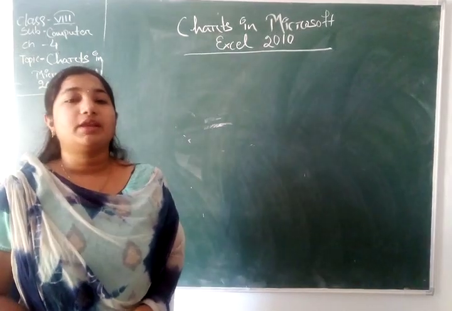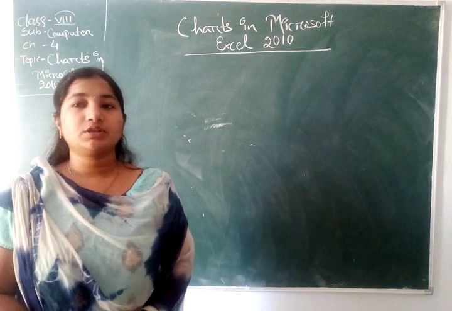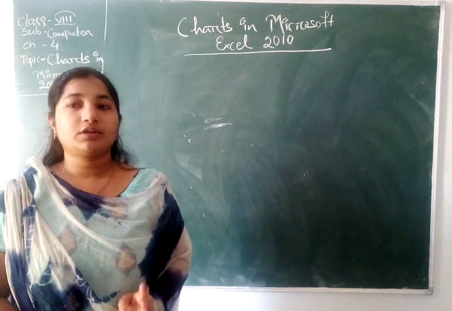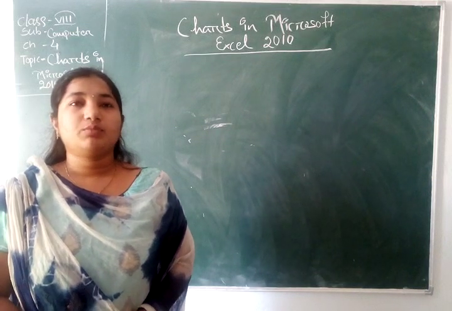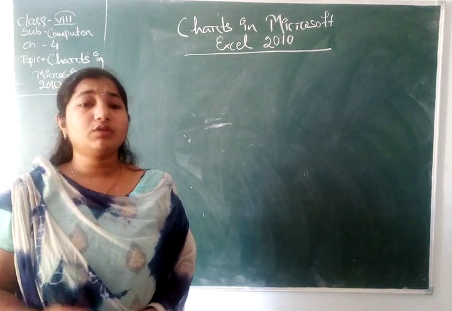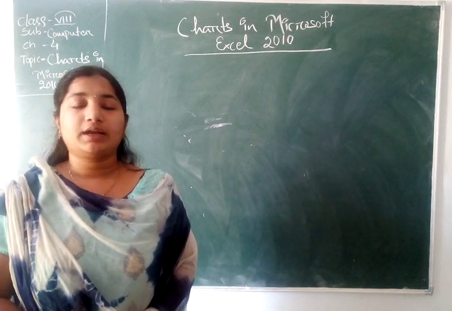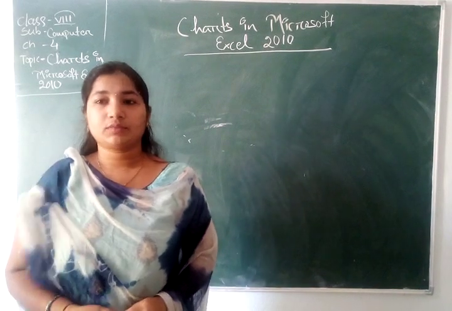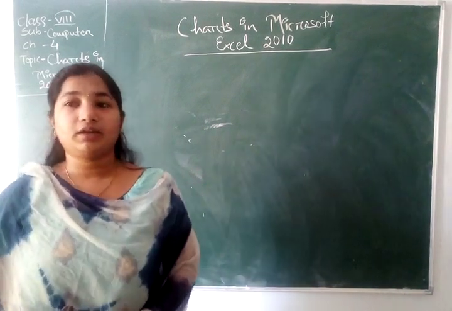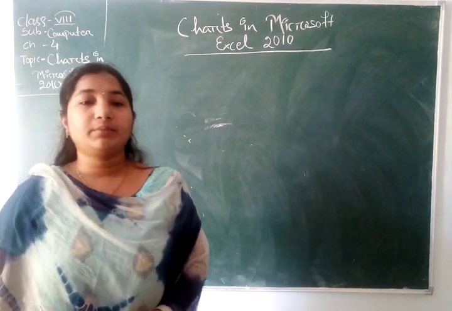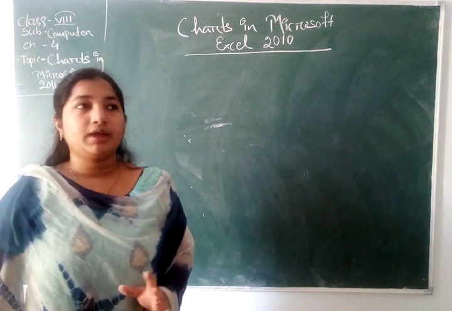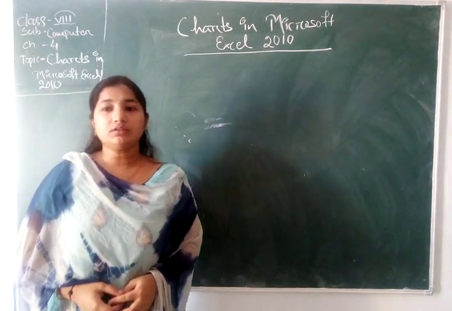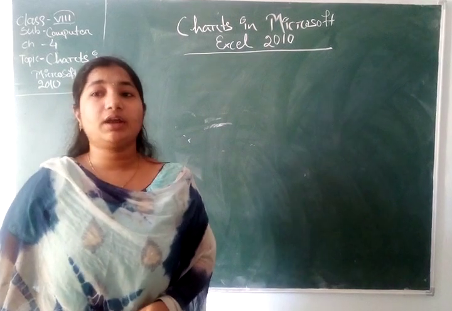First one is presentation of data and information in an attractive manner. Means when we are giving some information or data in a worksheet, if we are only typing, then it is not very attractive, but if we are giving it in a chart, then it is more attractive. And presentation of data and information in a compact manner, means when we are giving it by a picture, through a chart or graph, then it is also easy to understand and compare.